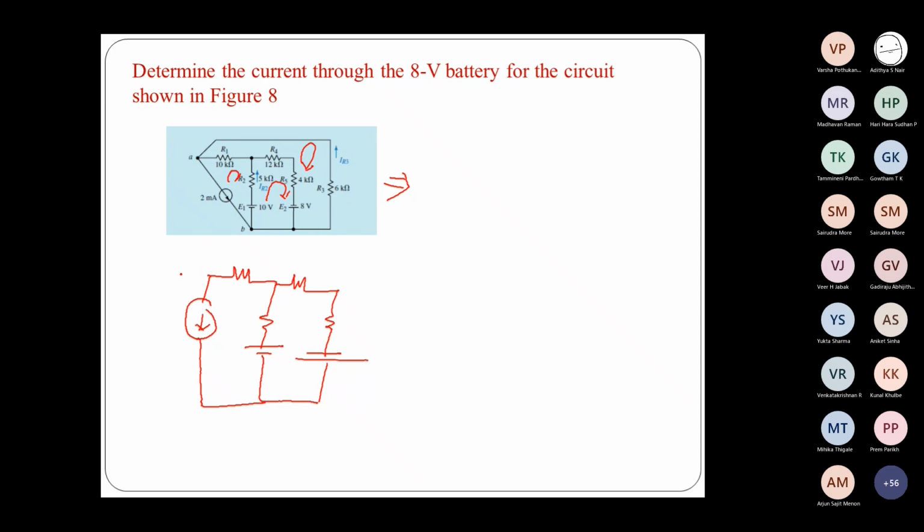Mesh analysis basically uses KVL. So we identify the loops and we apply KVL and write the voltage equation for that particular loop. Now I just finished it, isn't it? So this resistor is connected between A and B, so I can draw this like this. Now when I identify the loops, in this loop, also in this loop, I have a current source.